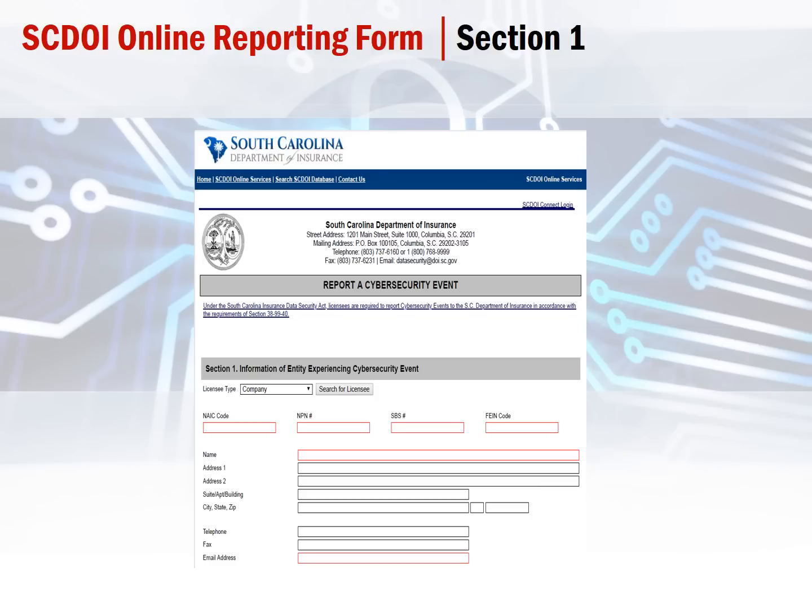But in section 1, we're just going to start off with some of your basic demographic information, like your NAIC number, for individuals maybe it's your NPN, your newly assigned SBS number. You'll receive those in the near future, and your name, email address, and so on and so forth.